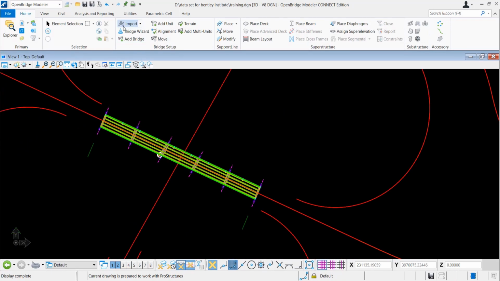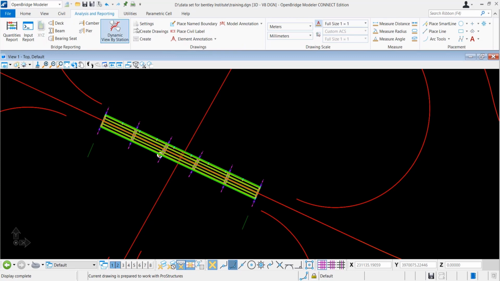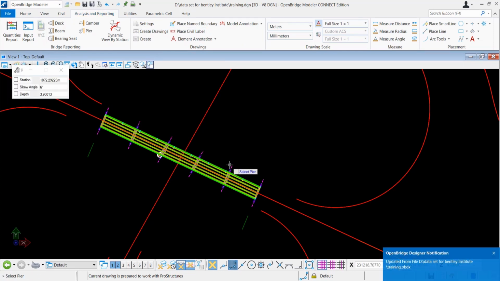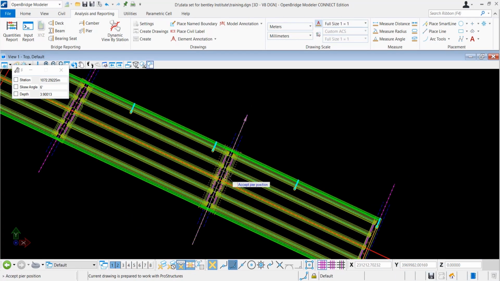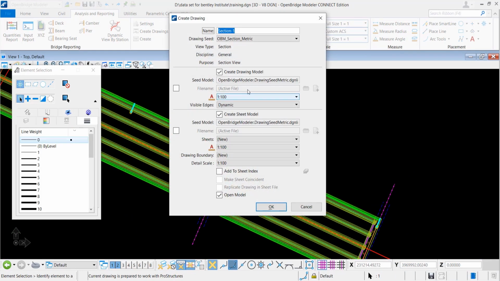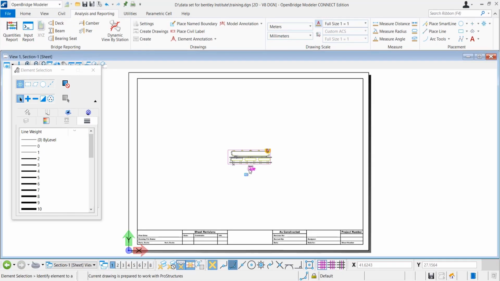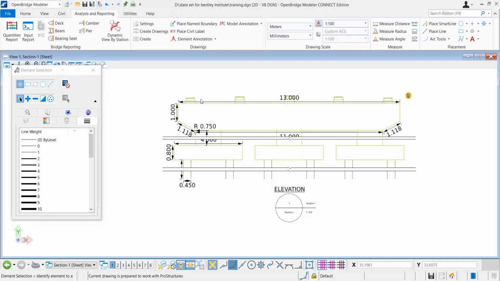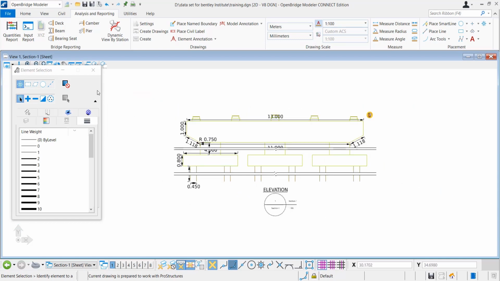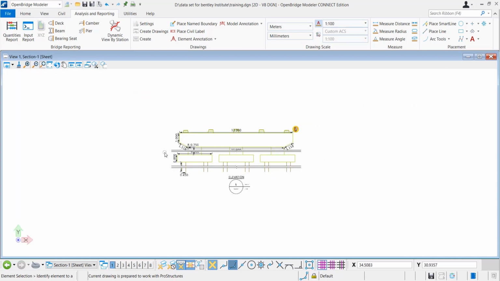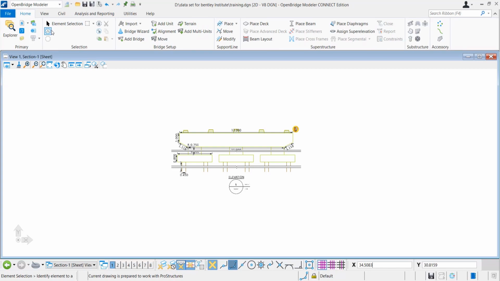Here you can go back to the main model, and again you can create pier drawings for a straight pier as well. Similarly, select that pier, click OK, change your scale, or if you want to use the default scale, use it, and you can see that it creates an elevations report or drawing for you, right? You can try more and more things. You can create an abutment drawing as well from here, and you can try different scale setups.